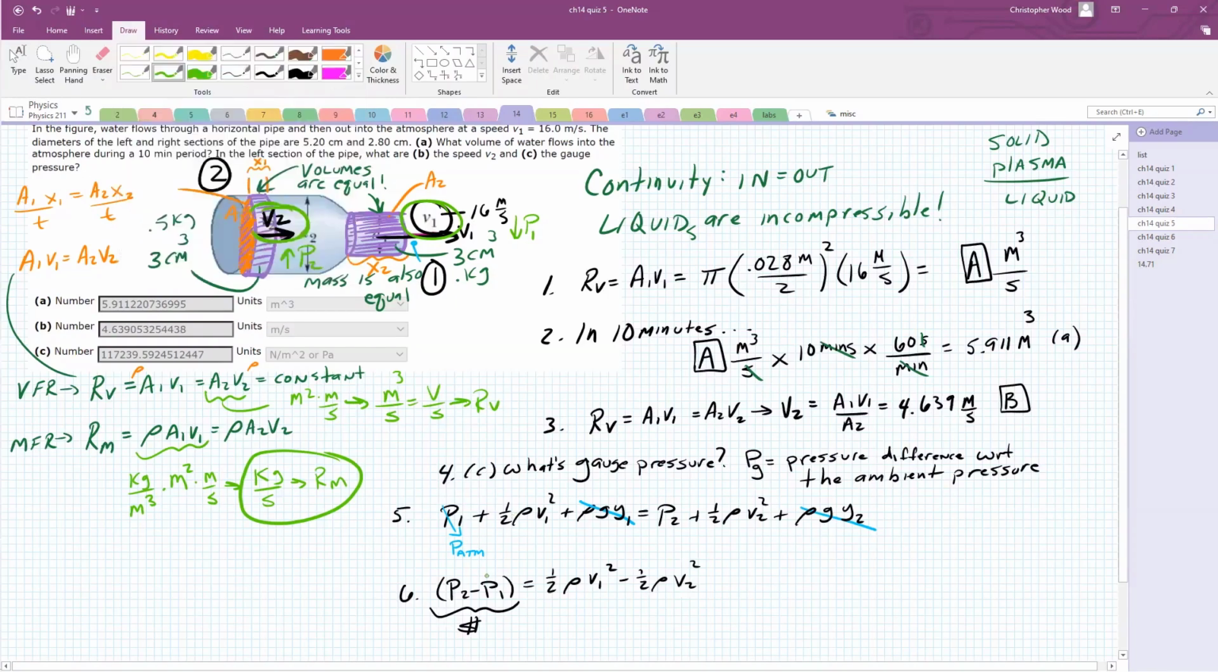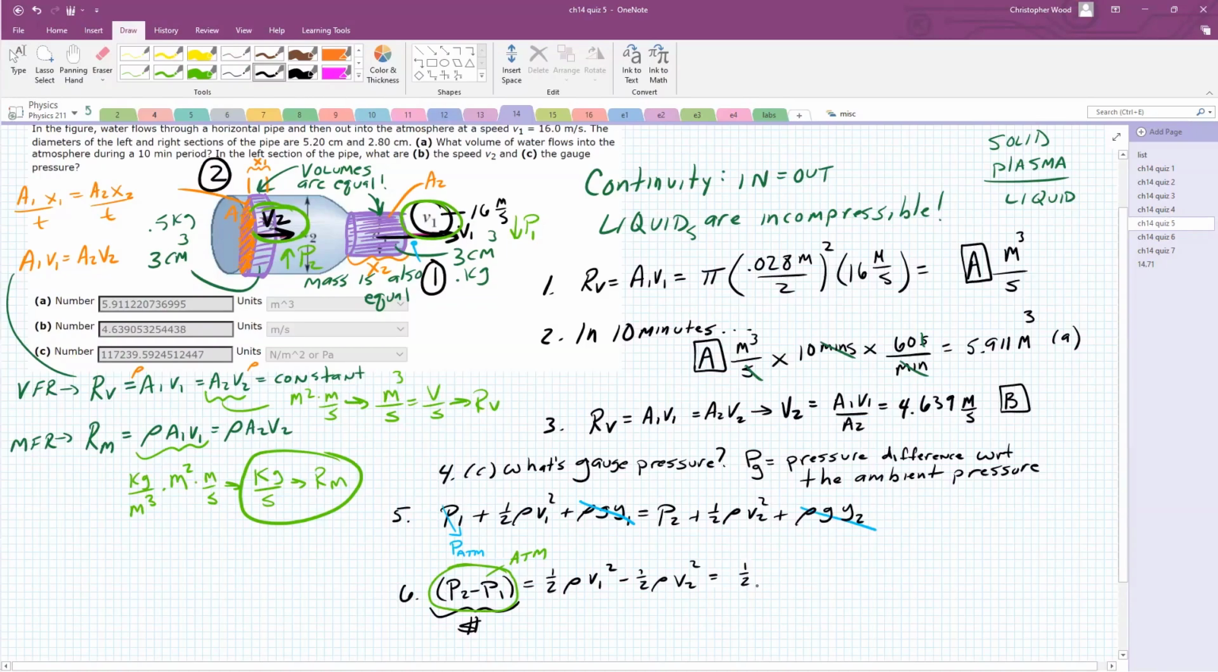But I don't even really need to note that. I'm just saying P1 is my atmospheric pressure. So that's why it is this difference. It is the pressure difference with respect to the atmospheric pressure, which I'm noting right here. That's my dollar sign. So then if I pull out a common factor,